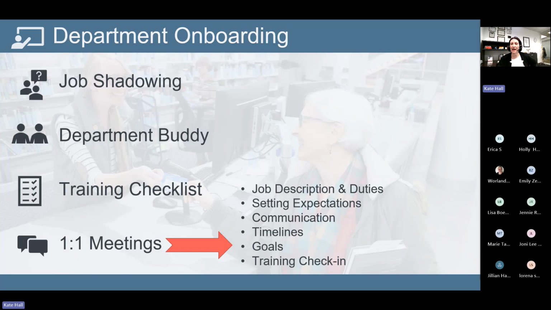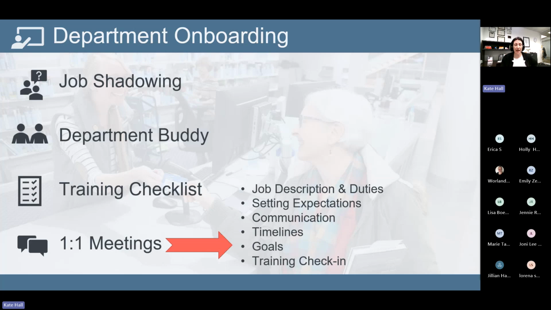You want to set clear expectations for the role. I like to go through the job description and be like, here are my expectations. I also have an expectation document that I give to all new managers that says, here are the expectations that I have for you as a member of the management team. And then here is what you can expect from me as the director. Setting clear expectations is the kindest thing you can do for people, and it's best to do that as part of the onboarding